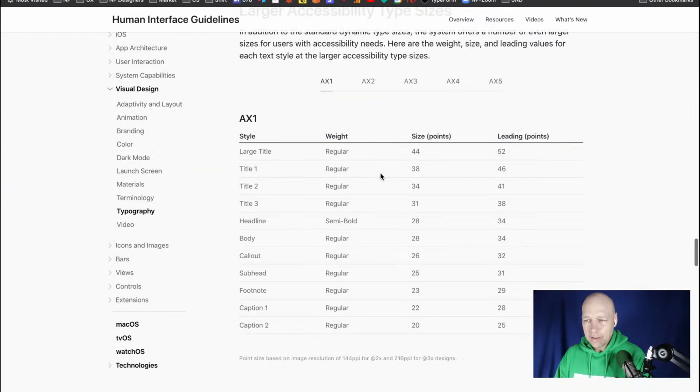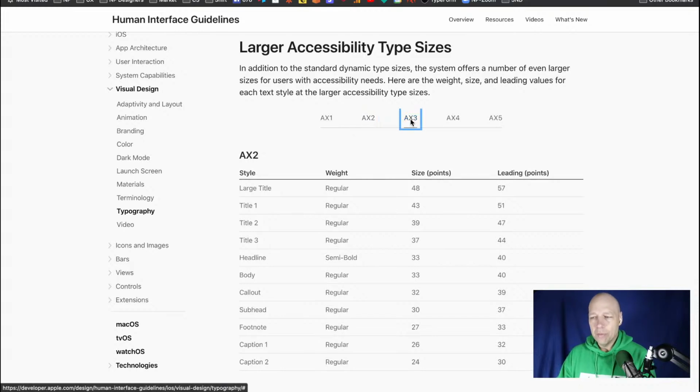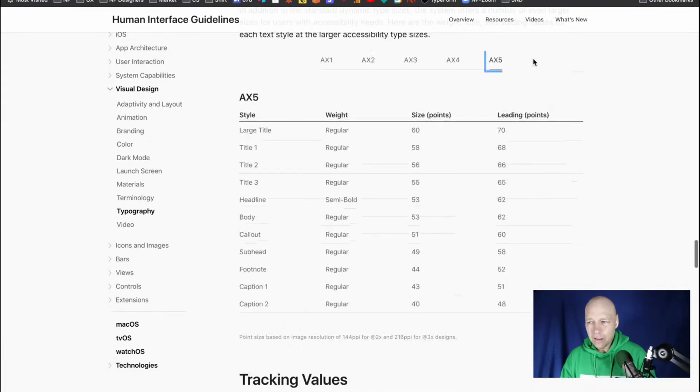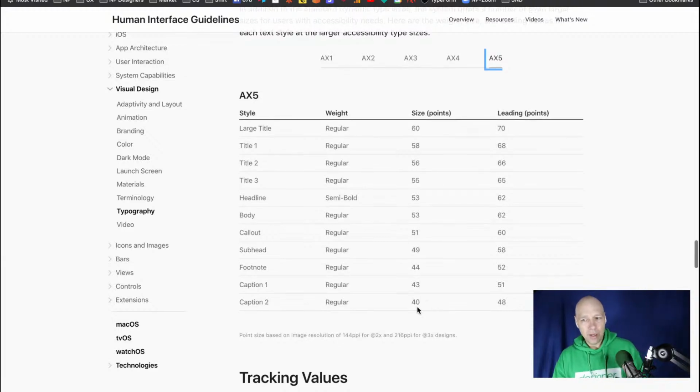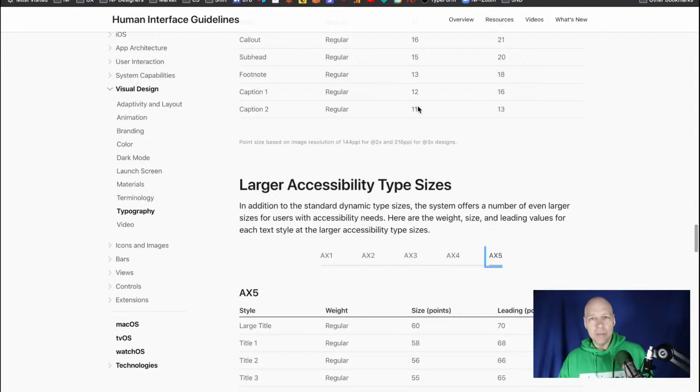And as you can see, when we get into accessibility, as people go through their phone and begin to level that typography up in size, like they go to their accessibility settings and say, I want it all the way. That caption that was 11 at the largest size is now 40. Okay, so this is how we need to think about our design experiences. Not only is 10 really small, and we should have a minimum of 11,